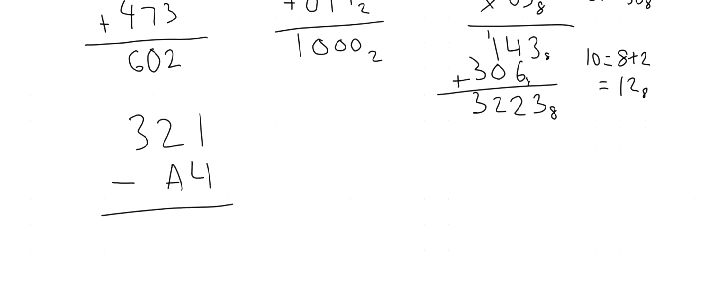Well, obviously 1 is smaller than 4, right? So we need to carry a value. So we can reduce this 2 to a 1. But the number that we're actually adding to the 1 would be 16. So instead of becoming 11, this after taking like